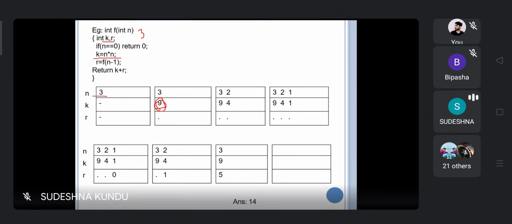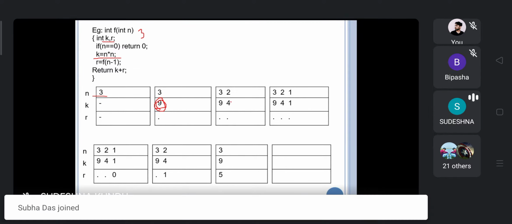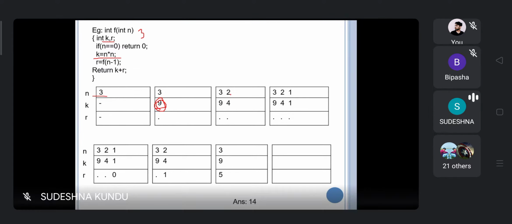Again it will be called, so n is 2 and the square of 2 is 4.